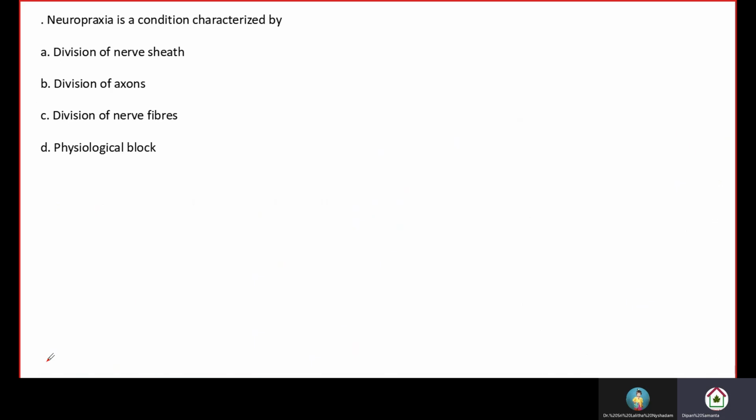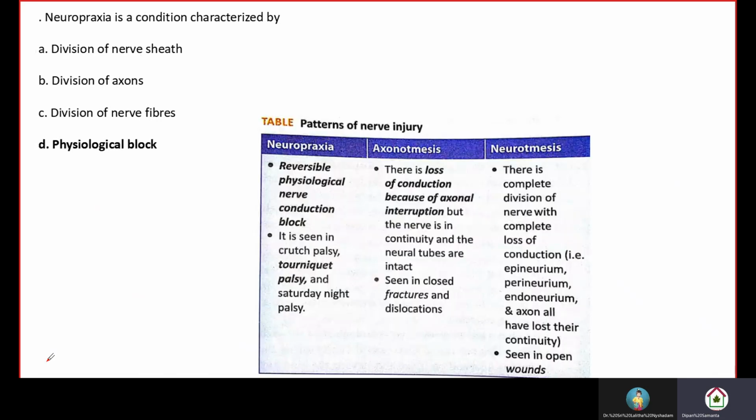Okay. Neuropraxia is a condition characterized by division of nerve sheath, division of axon, division of nerve fibers, or physiological block. Neuropraxia is a condition characterized by physiological block. Now there are three patterns of nerve injury. One is reversible physiological nerve conduction block. Basically,